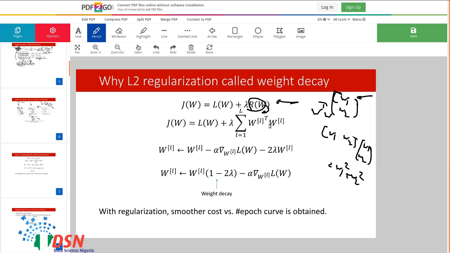So you could write the second norm as W transpose W, and when you want to use gradient descent,